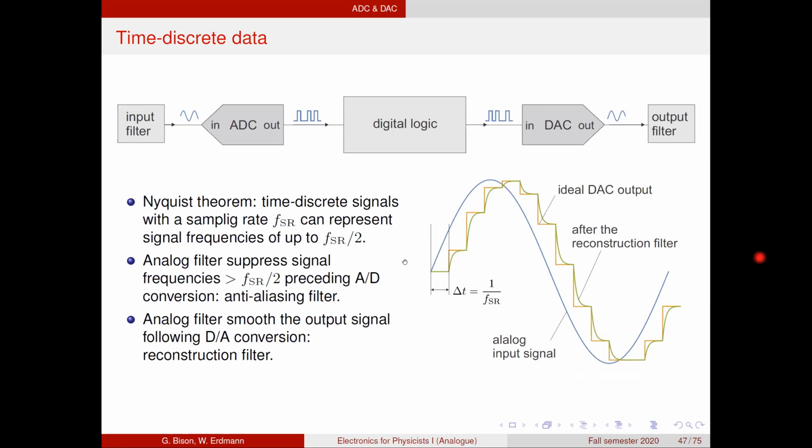Then what the output filter does is smooth those square pulses that the ideal DAC would produce, to make it look a little bit more like the analog signal that we had on the input. This is called a reconstruction filter because it reconstructs how the analog signal actually looked. Okay,